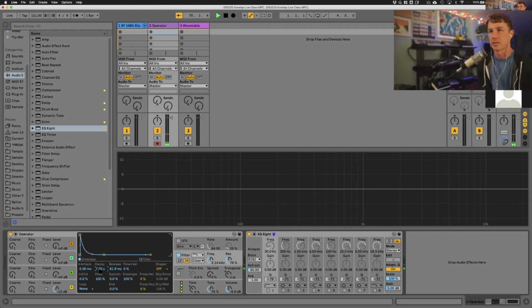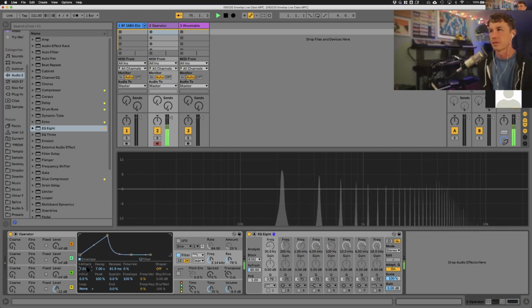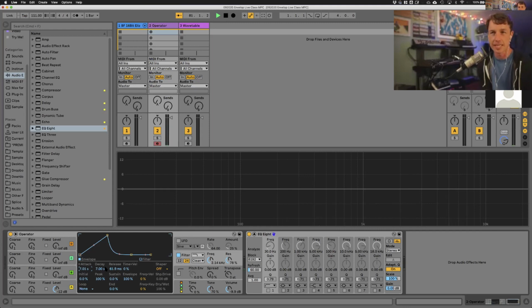And if I make a slower envelope, it'll go slower. We can do a fade in kind of, like where it'll move up to 100% and then come back down. There it is. So it's essentially the same thing